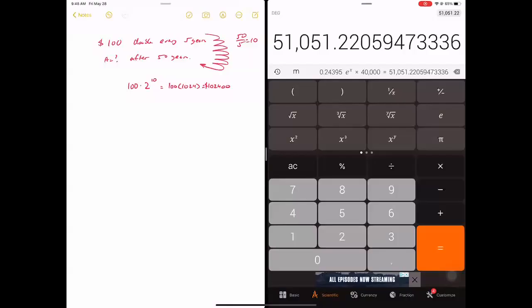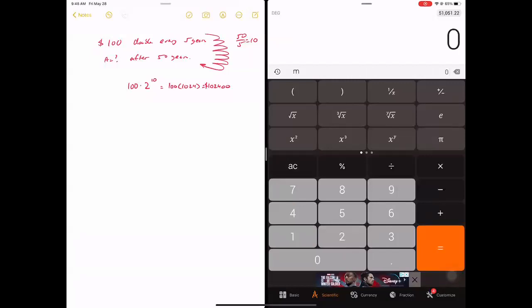Okay, here's how I do it in the calculator. I first hit 2, then we have an exponent button. If you can see right here, it says x^y, and then I'm gonna hit 10, and that's gonna give me 2 to the 10th power. So I usually try to do the exponents first, and then I'm gonna multiply this by the 100. And then we end up with $102,000